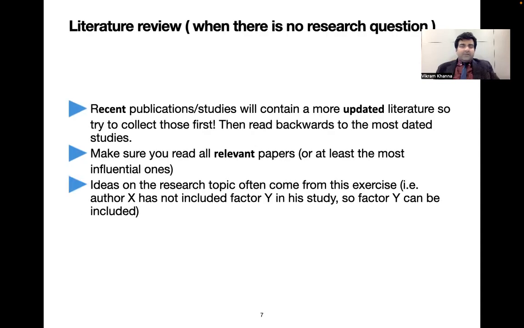Coming to the literature review, recent publications will contain more updated literature, so try to collect them first, then read backwards to the most dated study. Make sure that you read all relevant papers or at least the most influential ones. Ideas on research topic often come from this exercise. That is, if author X has not included factor Y in his study, then factor Y can be included